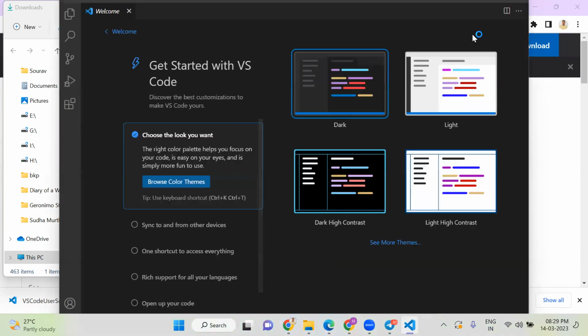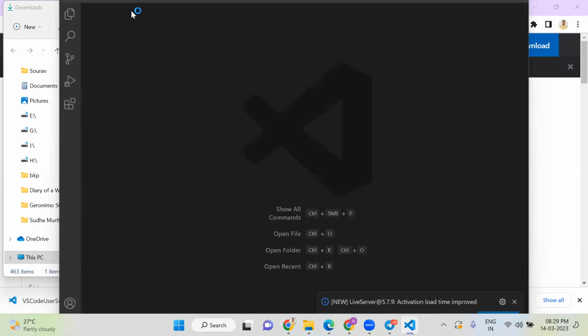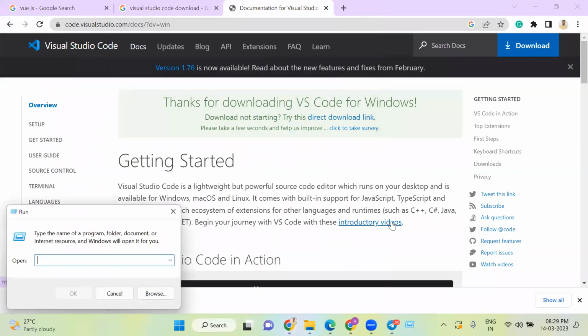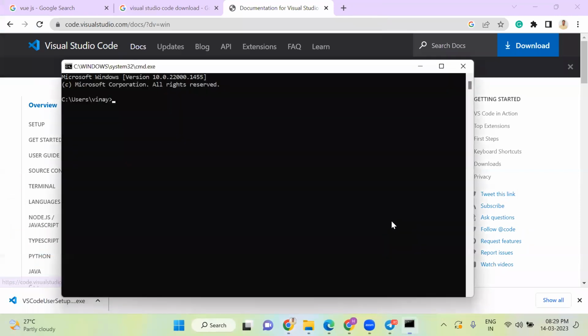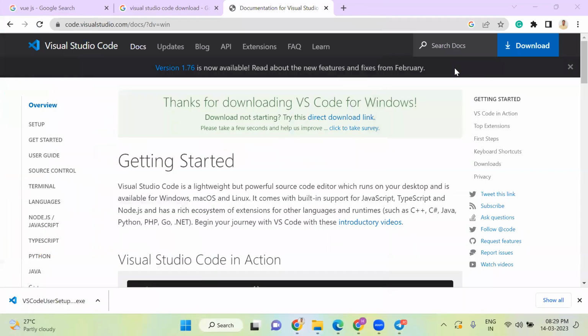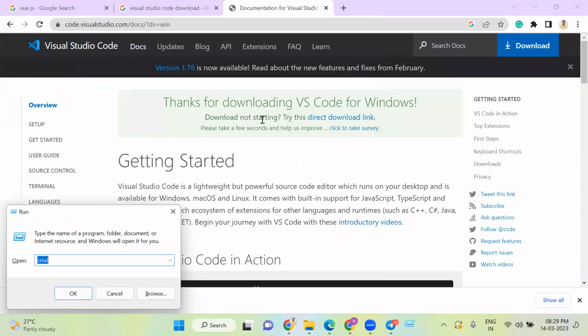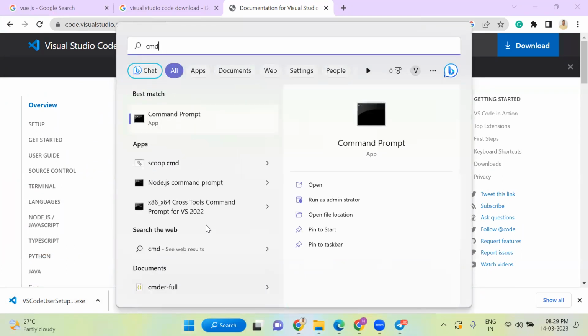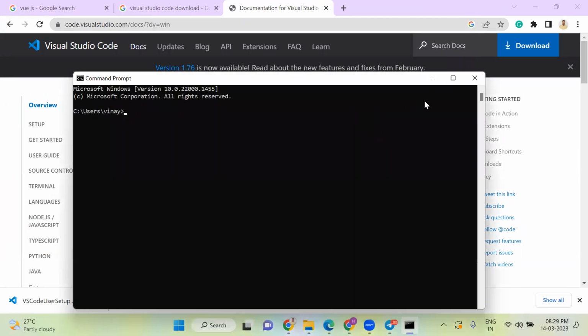So Visual Studio Code is an editor which we'll be using for typing our programs and running the code. Ideally, if you're going to do a program, first you should open your command line. How do you open your command line? Hold the Windows button and press R. This will open this. If you don't know how to do that, just press the start button, type CMD and choose this. Okay.